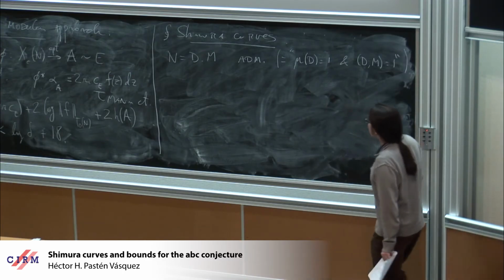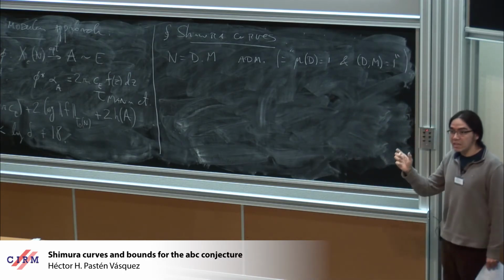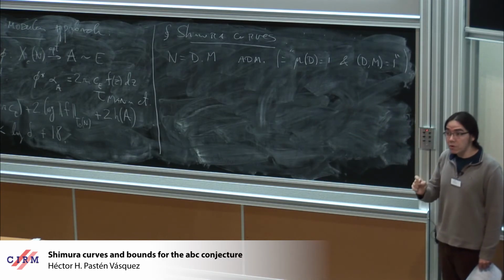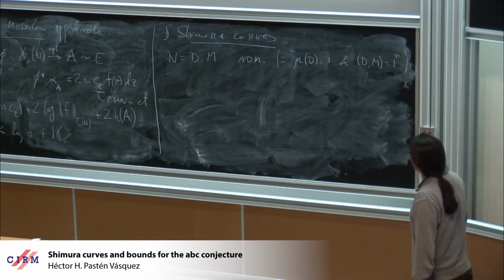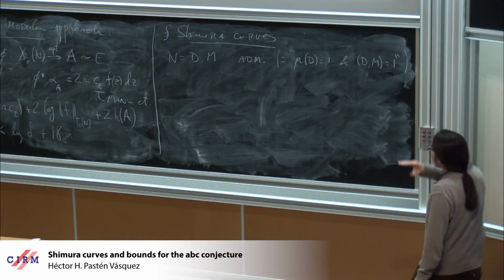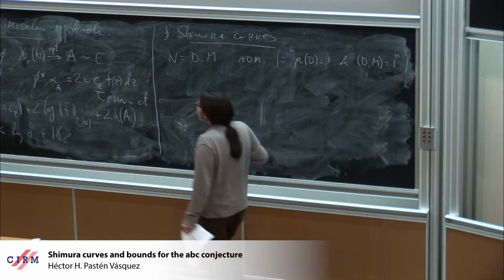Okay, that's what admissible means. So this is the product of an even number of different prime factors. It's square-free with an even number of prime factors. All right, so take a factorization of this sort, and